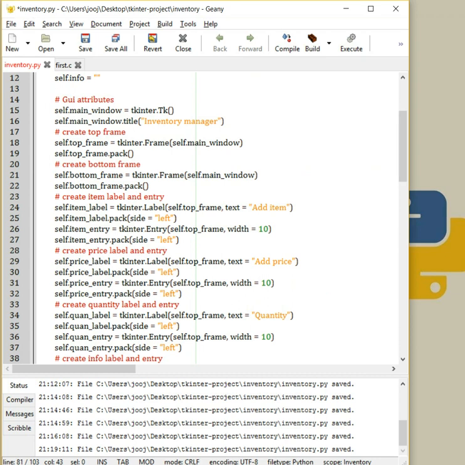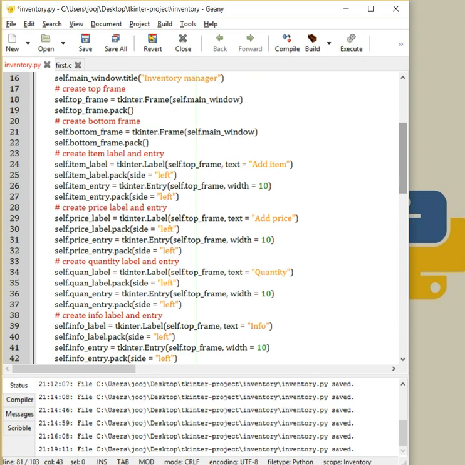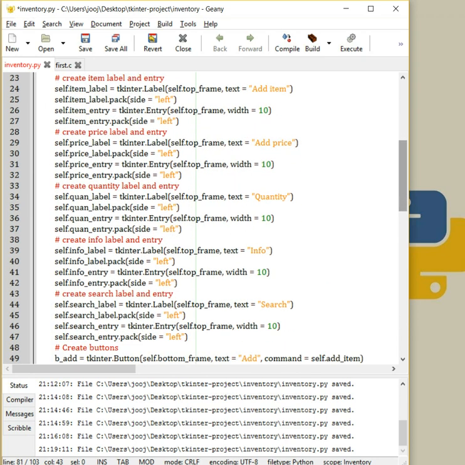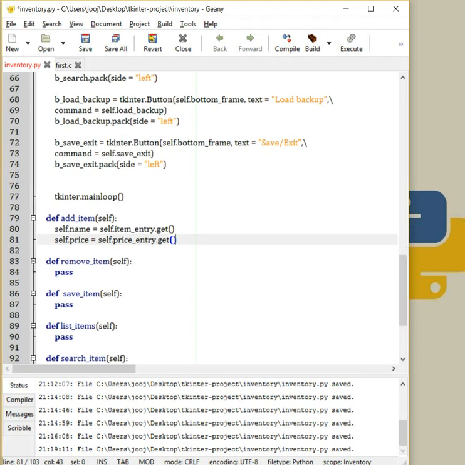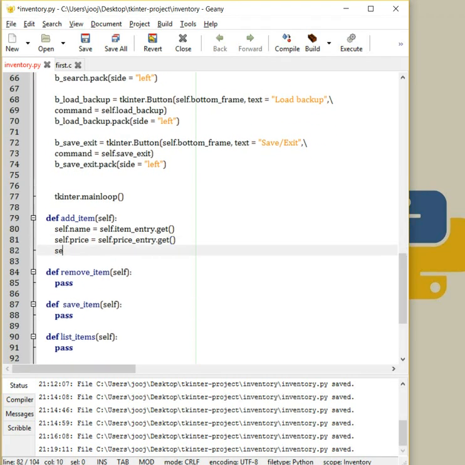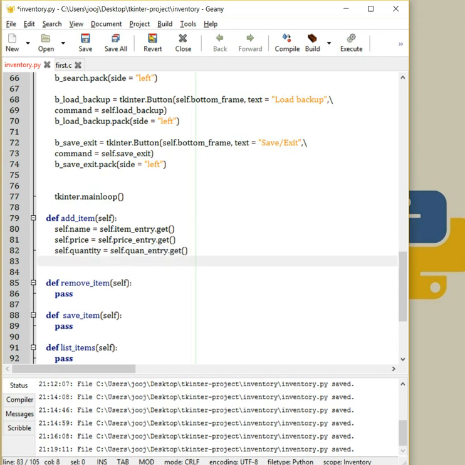Price label, price entry, yes, and quantity is quan entry, and here we say self dot quantity equal self dot quan entry dot get, and the last one is self dot info, I think,